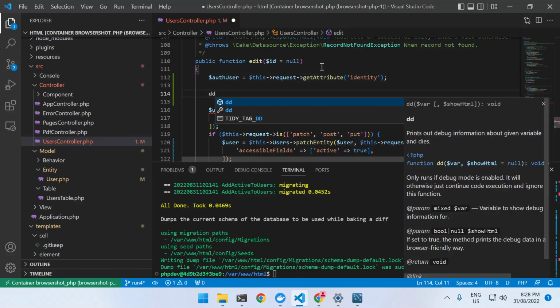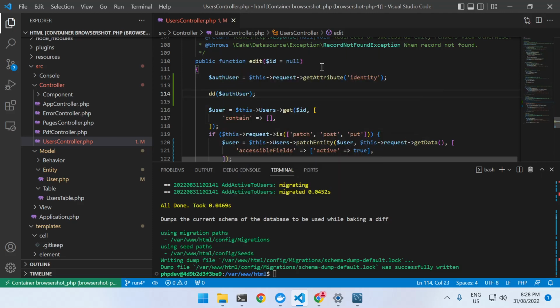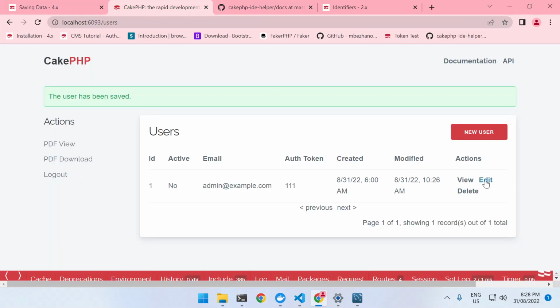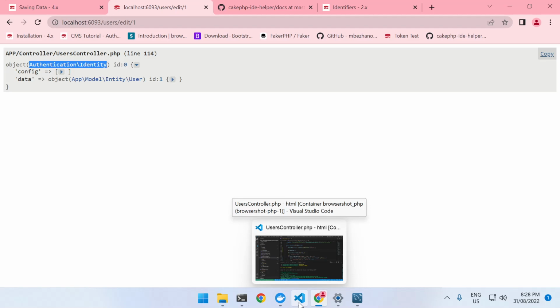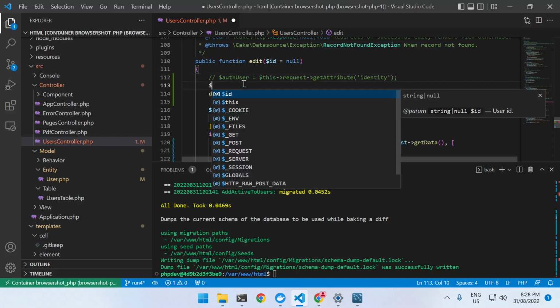And what will that give us? Well, let's have a look. When we do that, we're going to hit the edit field here. So we just go back and hit edit, and we can see we're getting the authentication identity from this request. So that's the logged in user. That's one way of getting the logged in user. What's another way of getting the logged in user? Well, another way